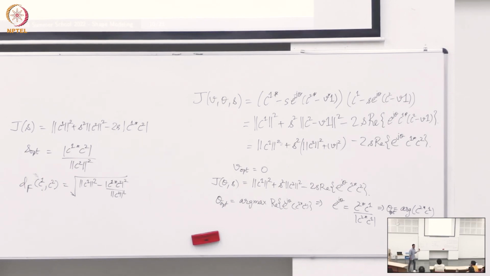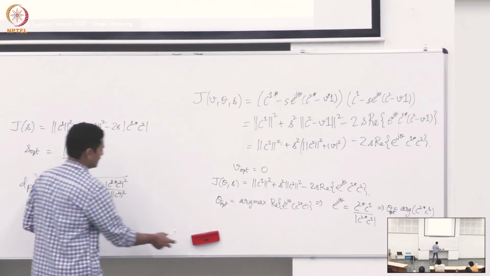So if I'm interested in computing the shape difference, only the number, then I need not do any of this. This number is directly the difference in the shapes represented by the two landmarks that we have. Geometrically, what this means is,